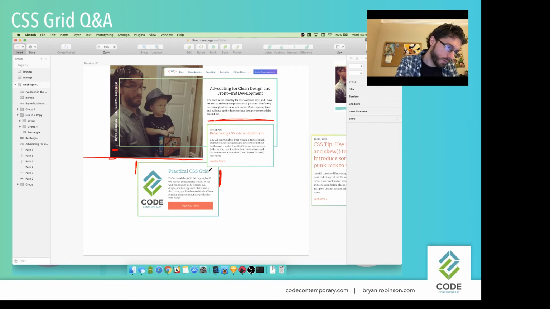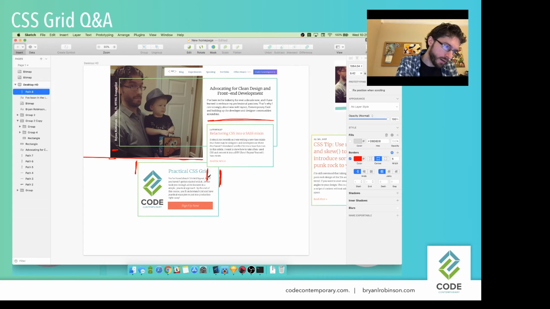All right, let's try that again. There we go. Line here, a line here, and then we've got this marginal space over here. We can add that as margin, but we can also include it as spacing in the actual grid itself. So I'm going to go in and define this grid, and it looks like we've got, let's see, one at 16 pixels, then we've got this spacing here, spacing here, spacing here,